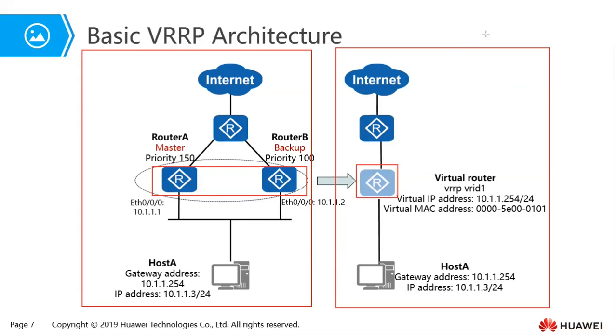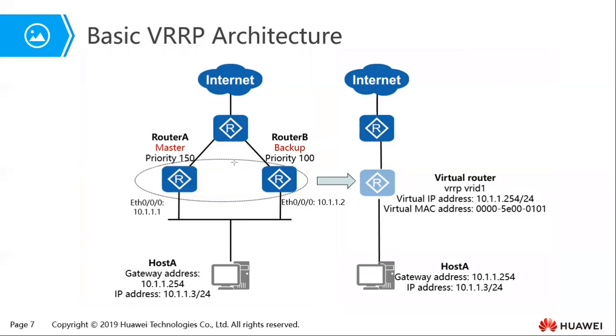Now, as you can already see, normally when we are configuring these routers, we configure them with what we call the priority. So for example, we have a priority of 150 there, and a priority of 100 here. Generally, this value can range from 0 all the way to 255, but the default value is